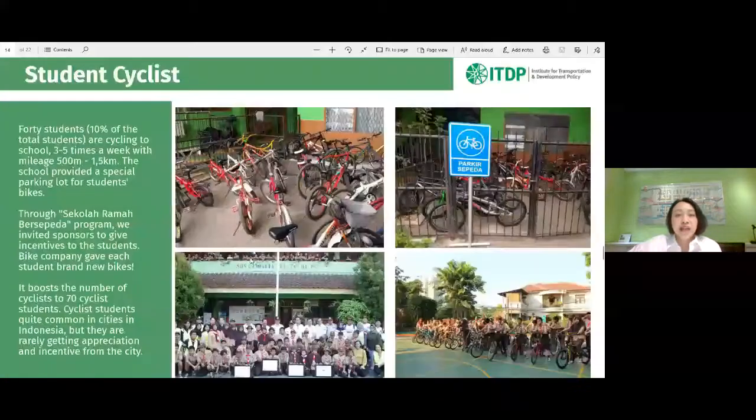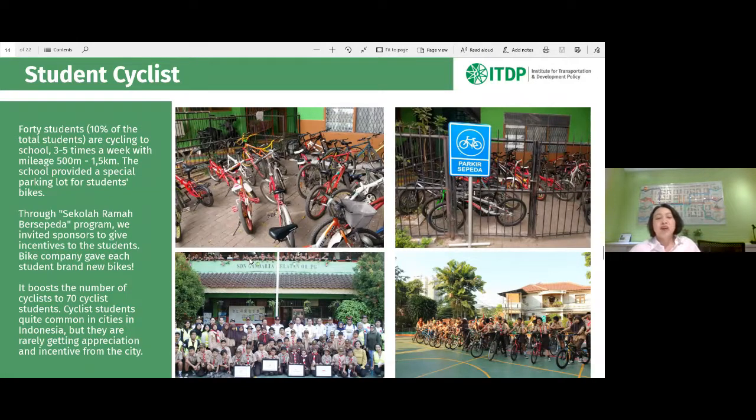And this is a student cyclist. It's also pretty common to meet them on their way to school, but because they rarely get appreciation or even attention from the cities and also from the schools, we are not talking about them that much.